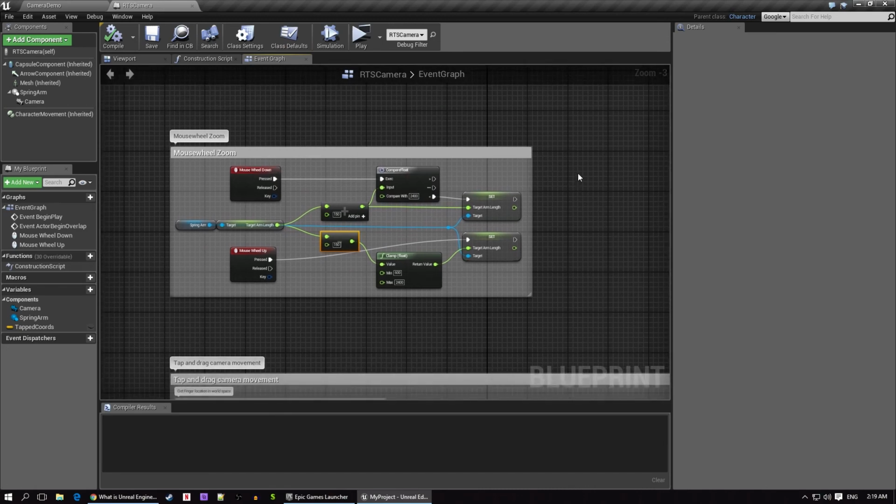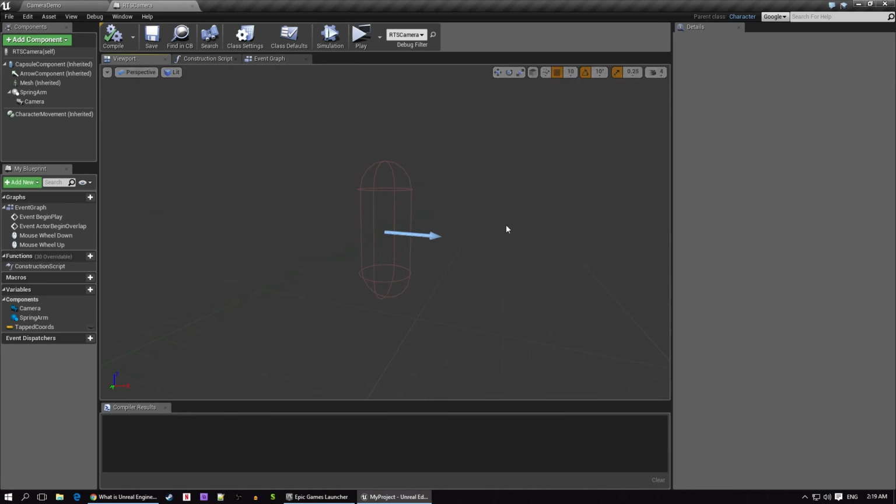It is a function that triggers when the mouse wheel is scrolled up or down, and a similar function, when it's going up, that changes the length of what's called a spring arm, essentially a boom or an extendable virtual pole that holds my camera in place over the actual actor. Let's take a quick look at what that actually looks like before we see what the event is actually doing. So this is our viewport.